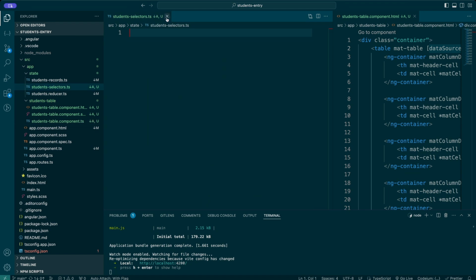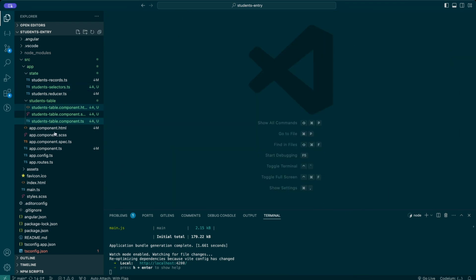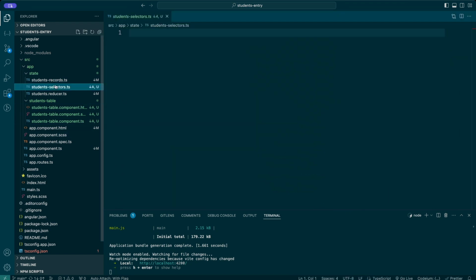Before I write down that logic, let me just close everything over here. I have already created a students-selectors.ts file. So in this file, I'm going to be writing the logic which is required for my component to read data and display it, right? So how do we write logic inside it? Before I explain anything about the selector, as we have already seen in the diagram earlier,